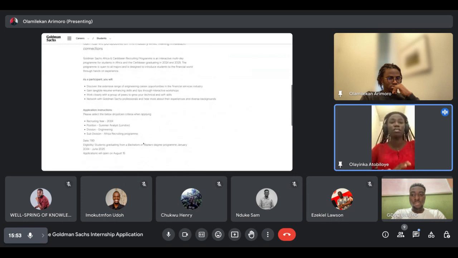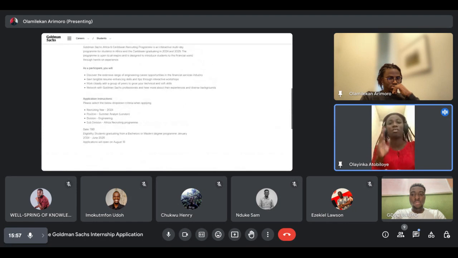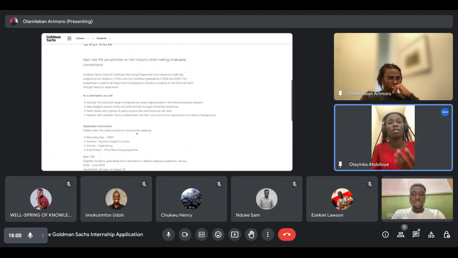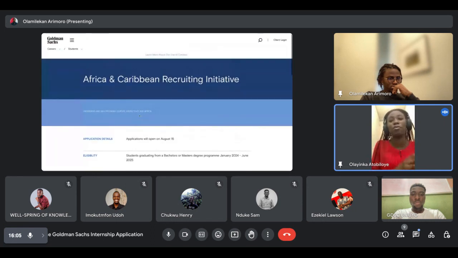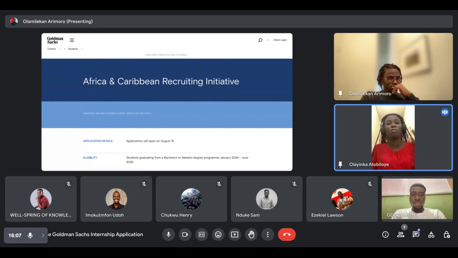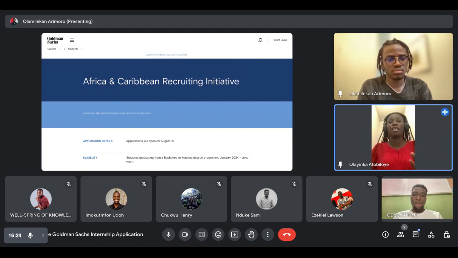Applying early is important because they always have a number of people they want to take in, and by the time they start reviewing applications they may already have 100 people they want to interview and only want to hire 5. Those 100 applications were most likely strong, and the engineers who interview you don't have thousands of hours to interview everyone. So it's better that you apply as early as you possibly can.